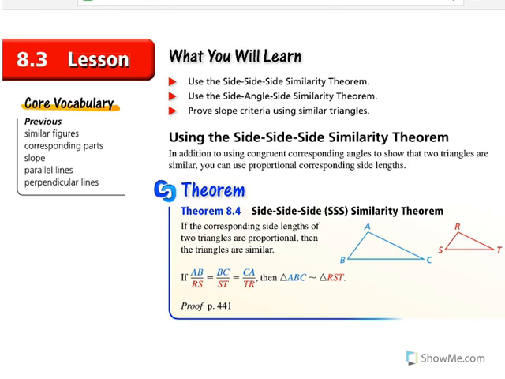Alright, today you're going to be learning about the side-side-side similarity theorem and the side-angle-side similarity theorem. In the previous lesson, you should have learned about angle-angle. The side-side-side similarity theorem is if the corresponding side lengths of two triangles are proportional, then the triangles are